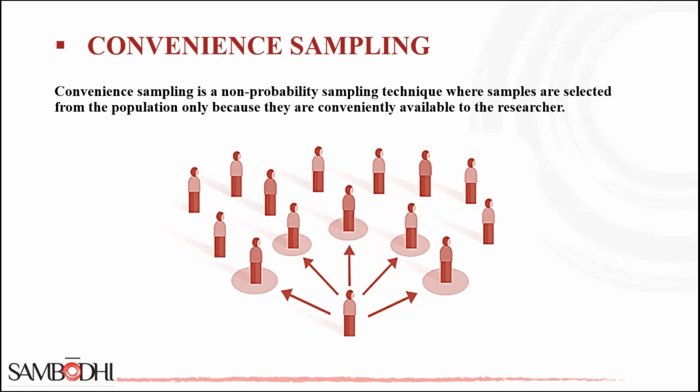Next reason could be resource constraints. When there are constraints in terms of time, budget, and manpower, convenience sampling is a very low-cost method to collect data. Third reason could be accessibility. When a population is hard to access or a sample frame is unavailable,